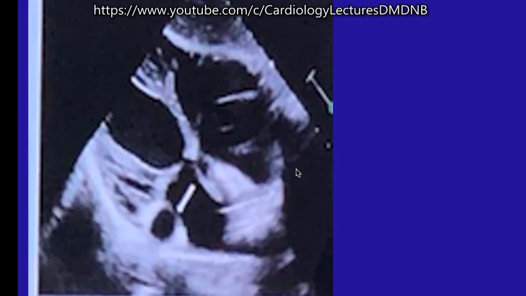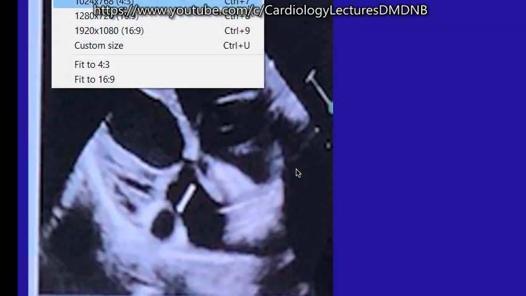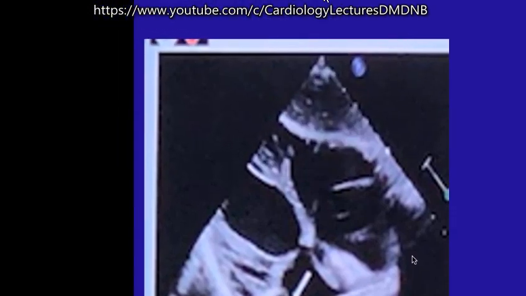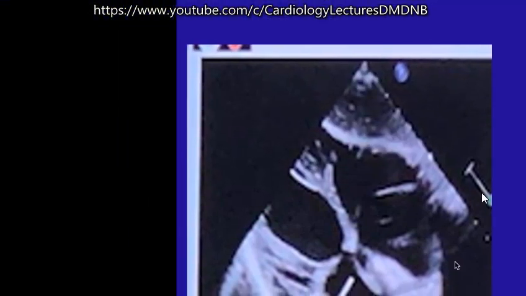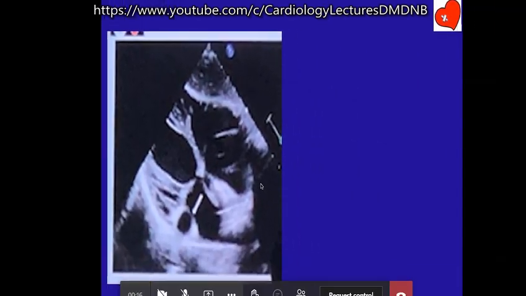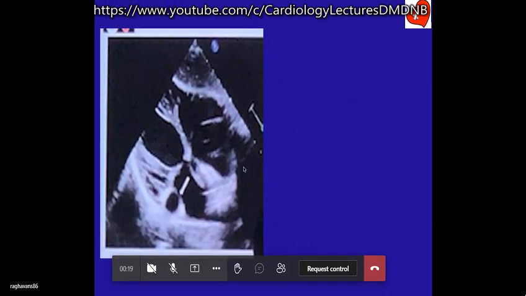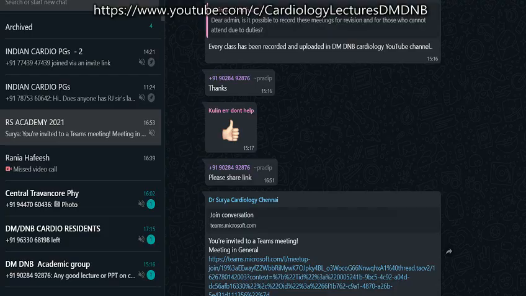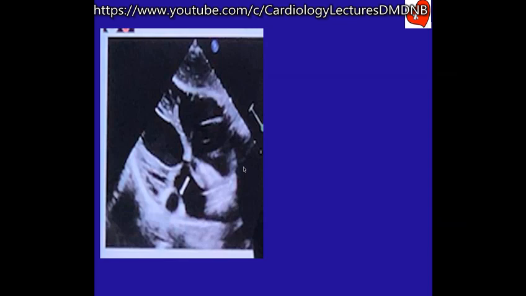Okay. This is another slide which one of you had put up in the WhatsApp group, and this also is coming from last year's exam only. I remember this. Okay. Can somebody interpret this echo? An echocardiogram always starts with which window, what view, and then go on like that, and then identify the anatomy.